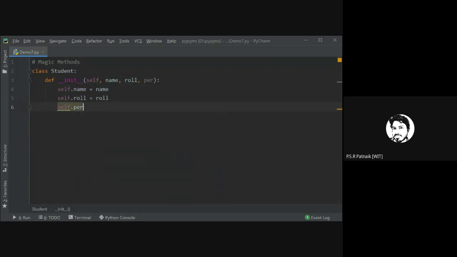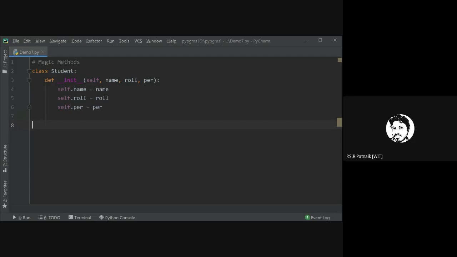If I'm not wrong, we discussed this once while solving one problem on LeetCode. What I have on my screen is a class Student, with name, roll number, and percentage.